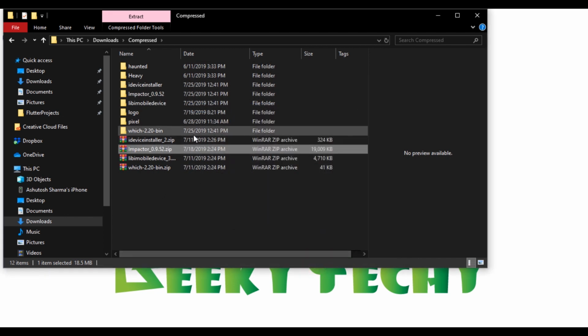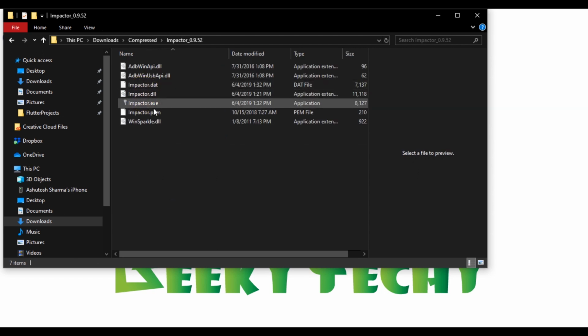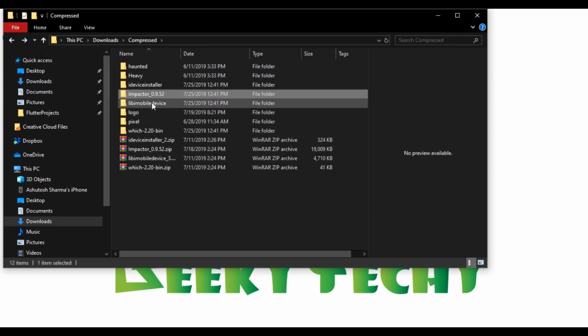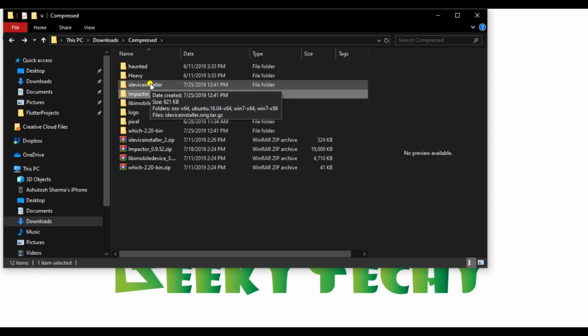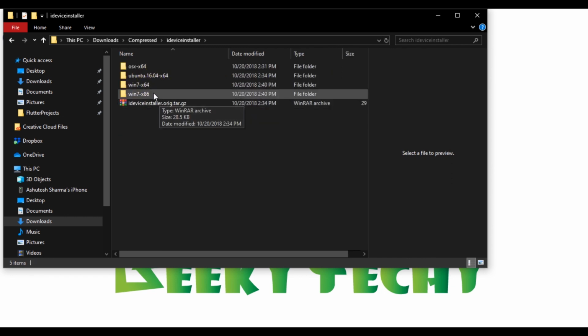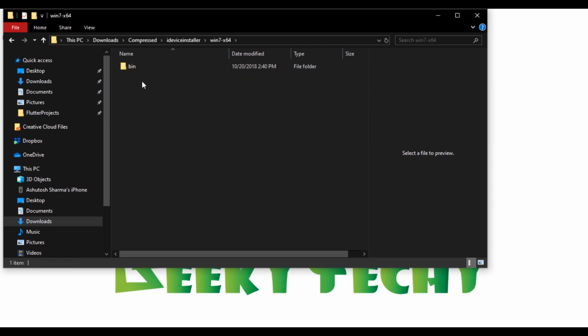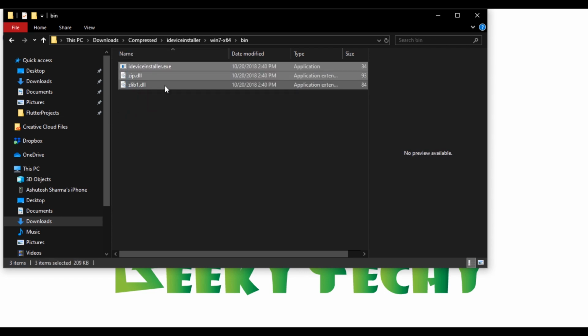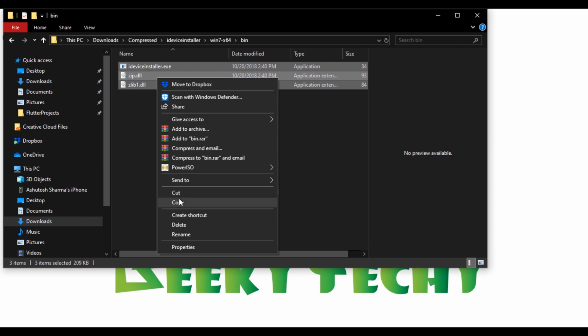So the extraction is completed, and as you can see in the impactor folder you have an impactor.exe. You'll need to run this to install IPA. So first let's copy the libraries. Go to ideviceinstaller, and according to your Windows or operating system version, go to your folder inside bin, copy all the